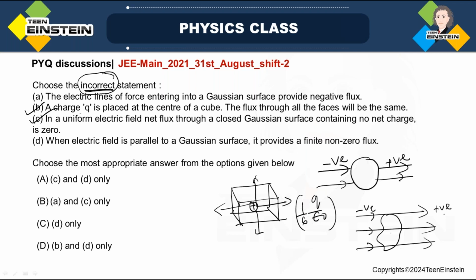This is also true. When electric field is parallel to the Gaussian surface, it provides a finite non-zero flux. This is not true. Suppose I have a Gaussian surface like this, like this. Suppose this is in the XY plane. Now, if your electric field is either